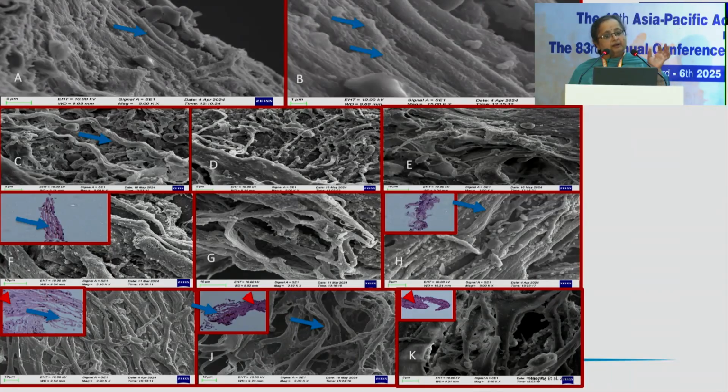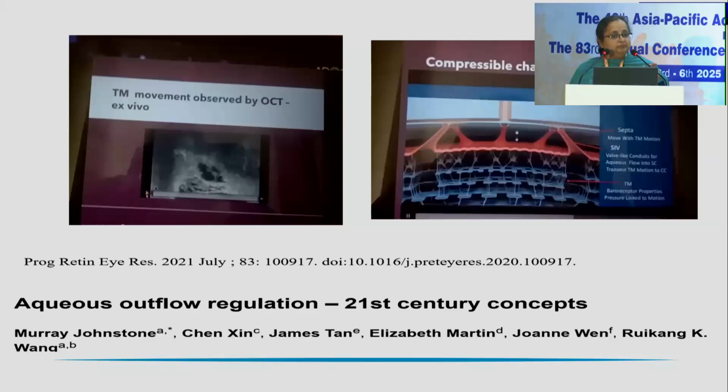So we expect that the majority of the findings should be there in that region. But if you do a scanning electron microscopy, you find most of the changes prominently only in the CSM. So this again tells you that the three regions are affected differently in different types of glaucoma.